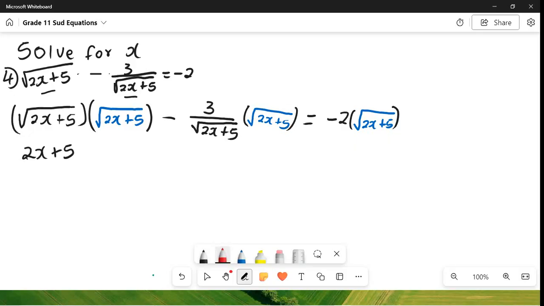That comes from the multiplication of these two. Remember, let me maybe put this a little bit lower so that we don't get confused. We have not even the square root, because now we are getting rid of that square root. We now have just 2x plus 5